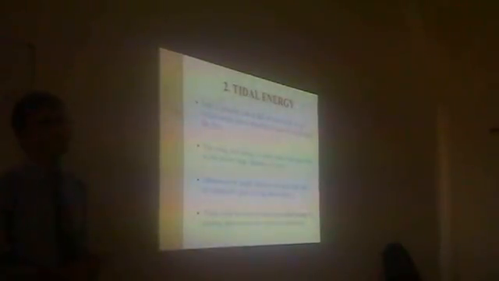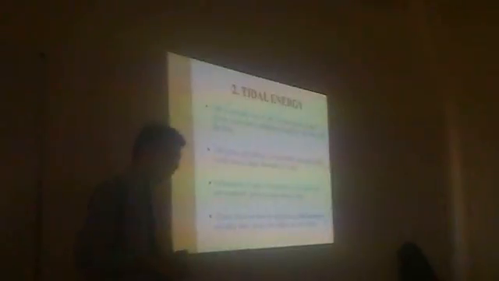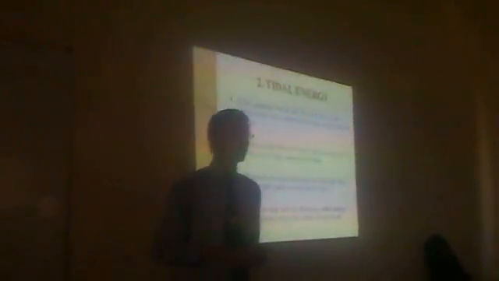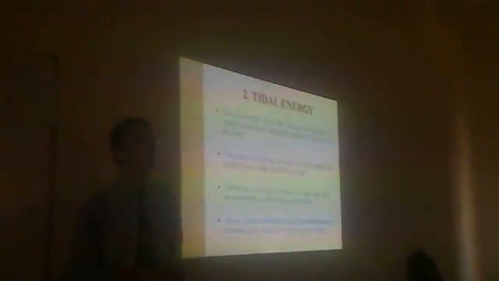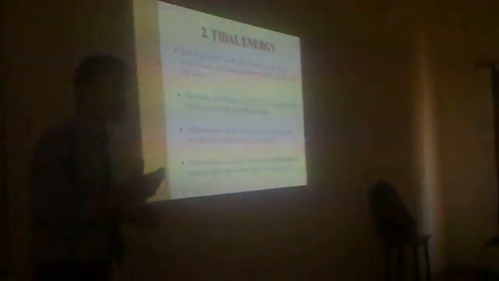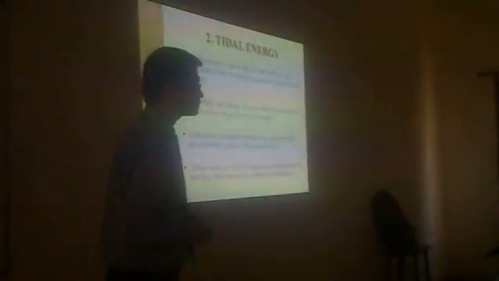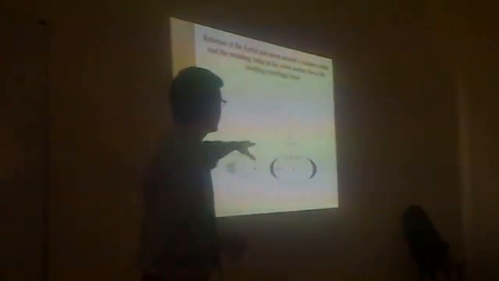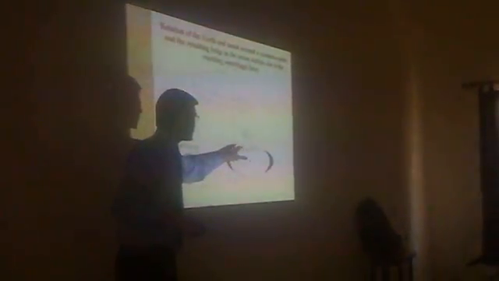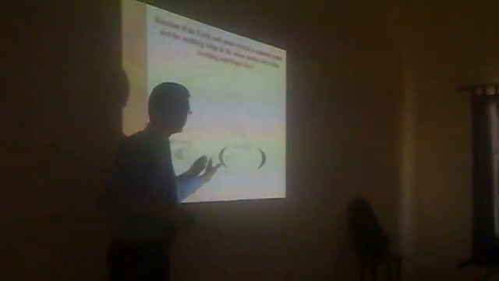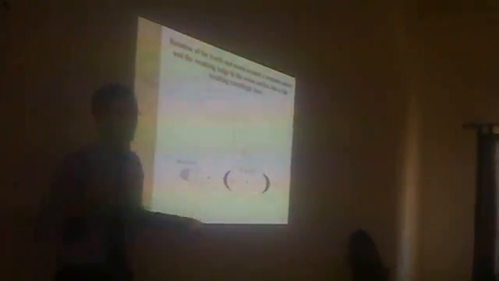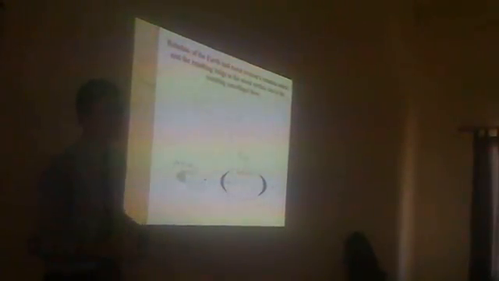The second type of ocean energy resource is tidal energy. Now tides are created by the attraction of sun and moon. Basically, moon has more influence on tides because moon is closer to the earth, and now since moon is closer to the earth, when any side faces the moon at night, these molecules have a tendency to be attracted towards the moon, and this generates tides.